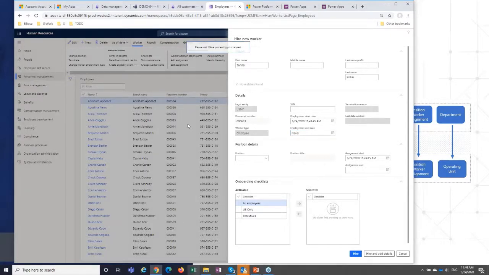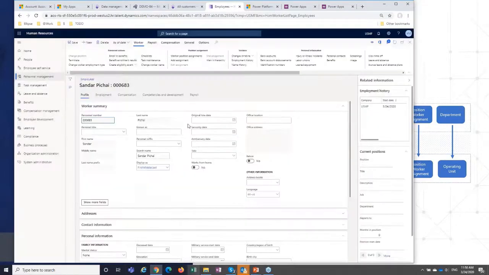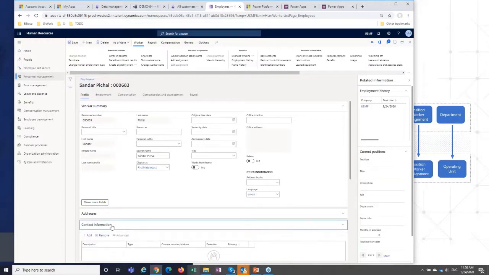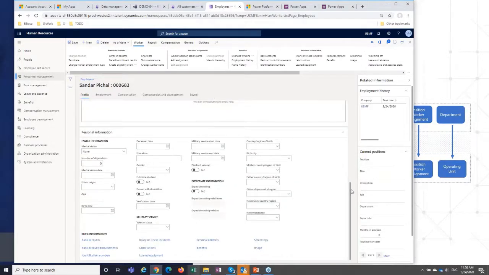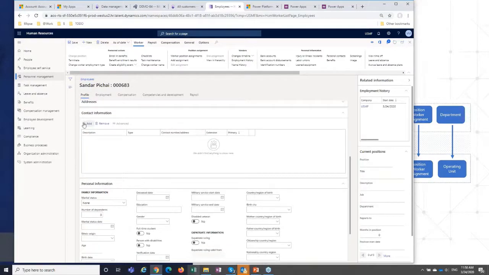Let's add some details, maybe a telephone number. We wanted to provide a telephone number. Come back here.